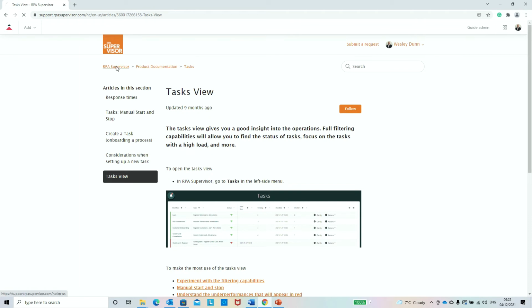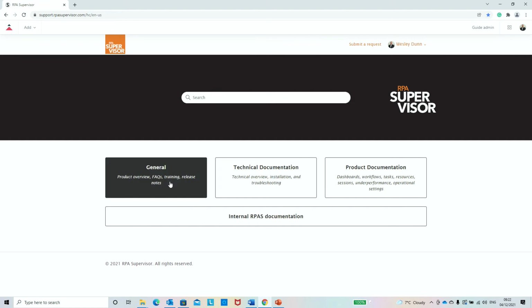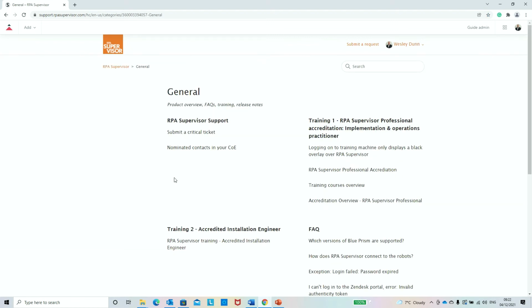But what I want to show you, as we talk about training within this area, we have the general tab. RPA Supervisor as a product has 2 levels of training at the minute. One is training 1, which is RPA Supervisor Professional, and then there's an accreditation for the installation engineer. If we take a look at training 1, for example,